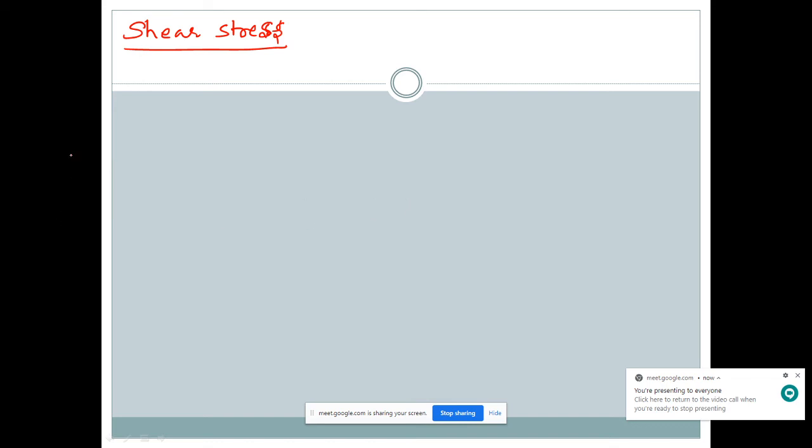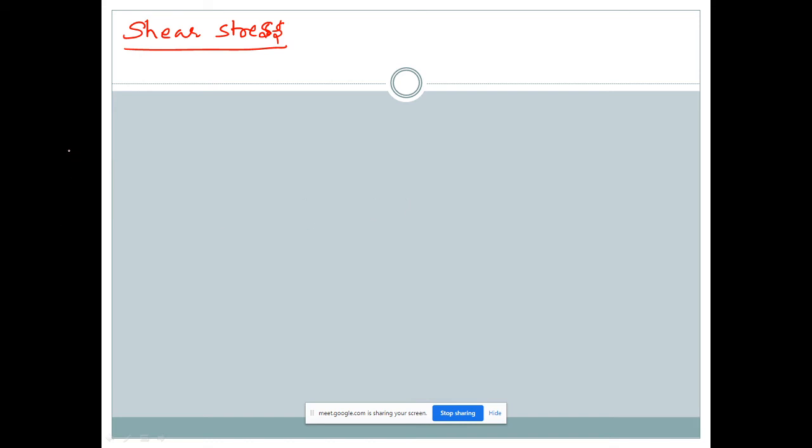So shear force or shear stress is defined as the stress which is going to occur parallel to the cross-sectional area, so you can term that as a shear stress. Now look out, I will take one example of a riveted joint here. I'll take one example of riveted joints.